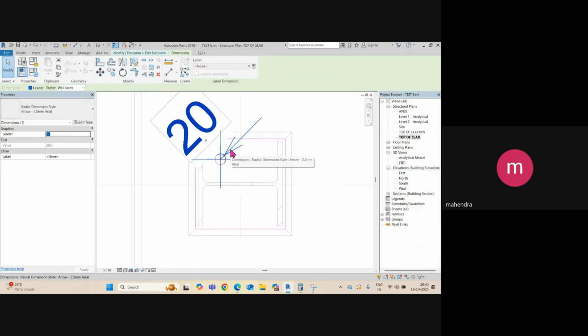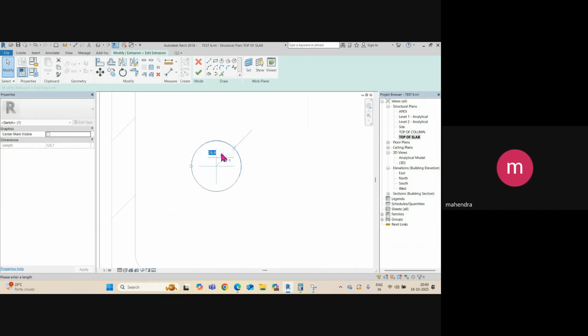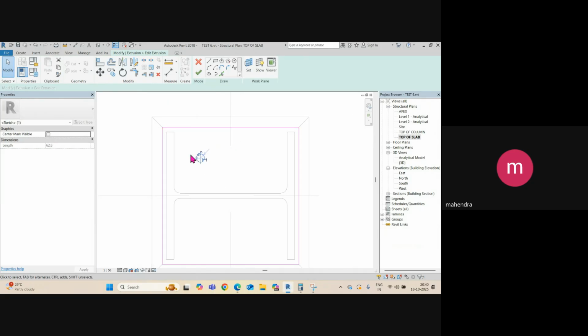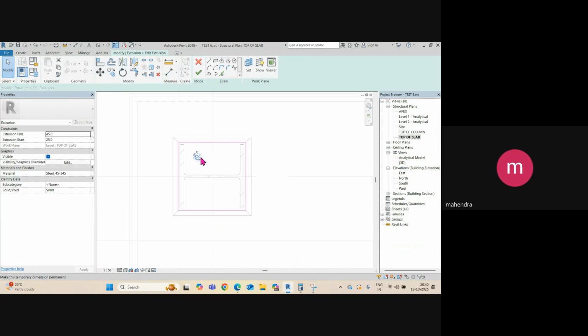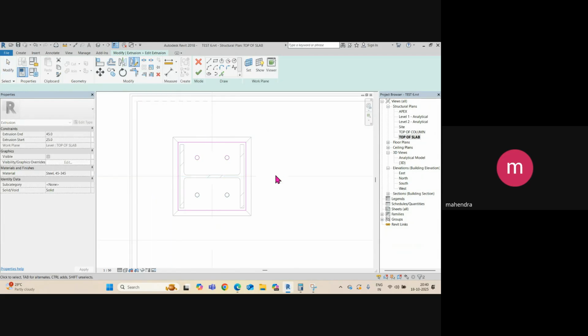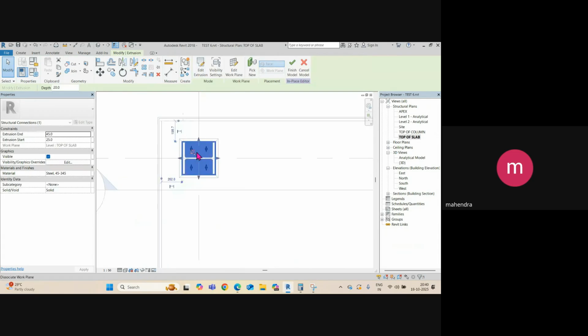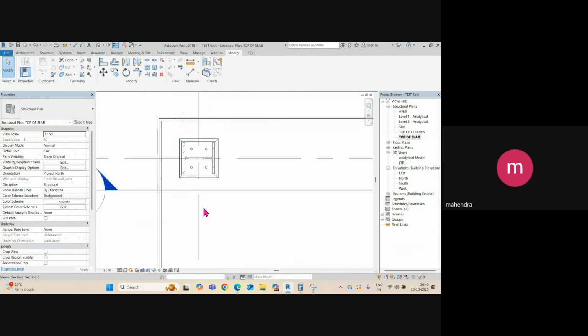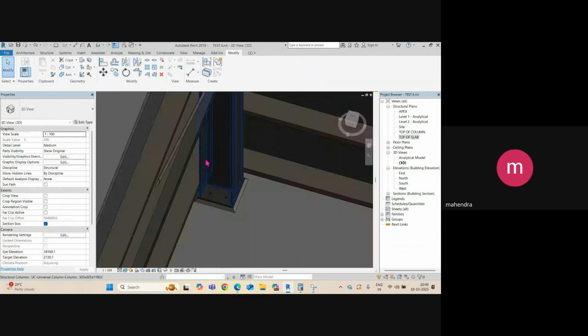Oops, I will just delete this. So I will make it 10. Okay, and then mirror in the opposite direction here, and then here also below, like that. Okay, and then complete and then finish. And then if you look at your 3D view, you can see,